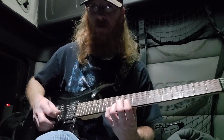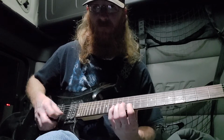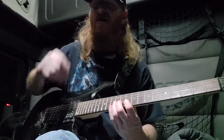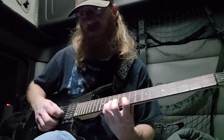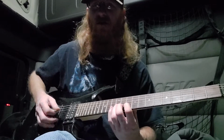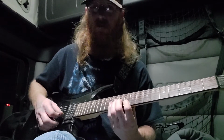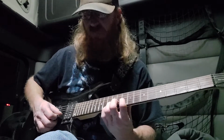without pulling off there, and then you do this and skip that ring finger, right? It adds a little bit of complexity to it. And once you go through this, getting every pick in, whether you're palm muting it like I am, some of those or not, doesn't matter as long as it's clean. As long as you're not doing anything stupid like that, make it clean. So you go through this,